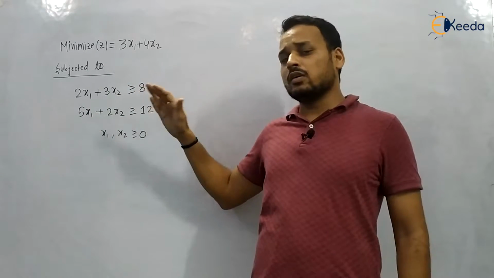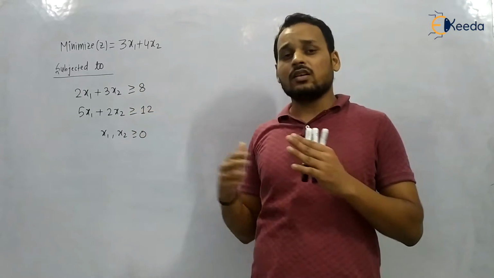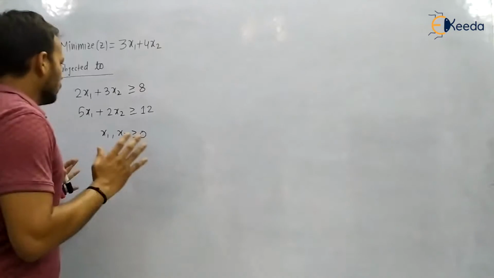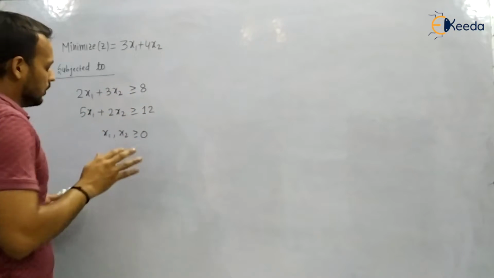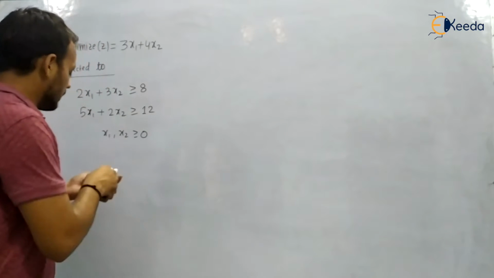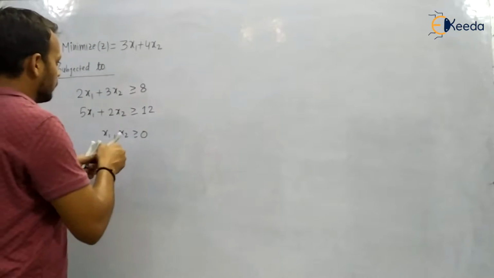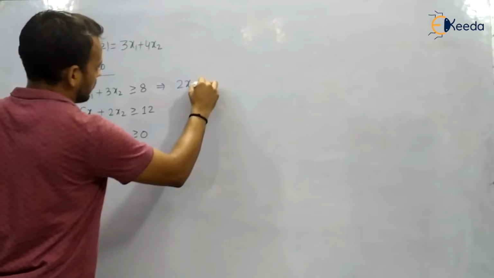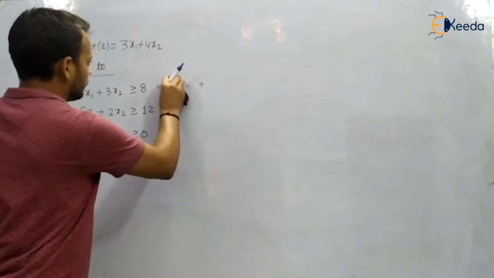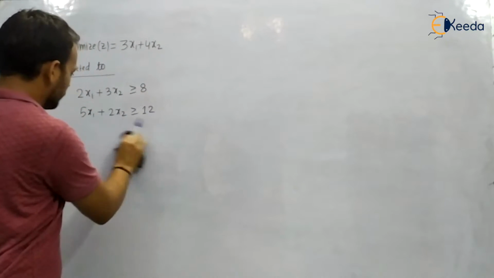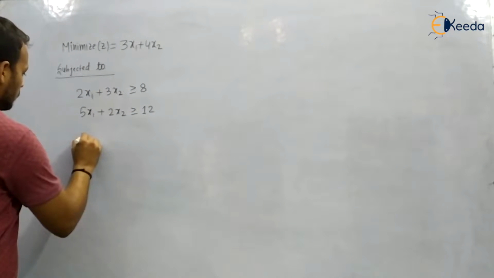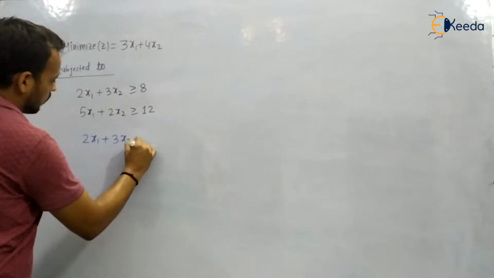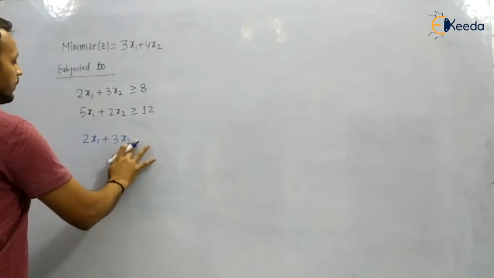We will try to solve it, because if such a situation arises, what are the steps? First we follow the same step: we have to convert the problem into standard form. The standard form is going to be 2x1 plus 3x2,